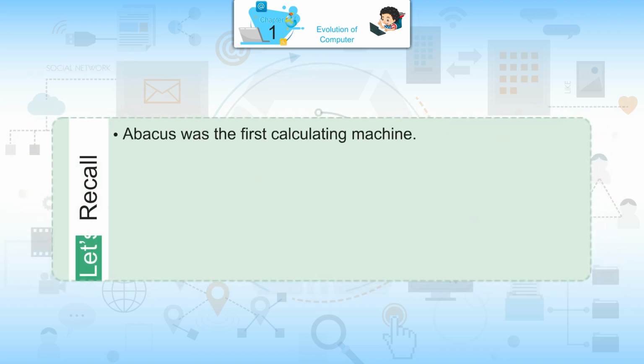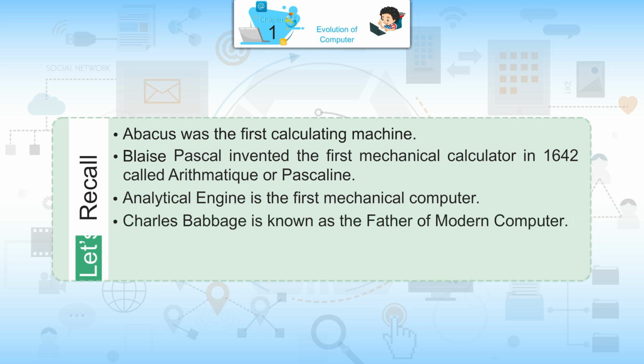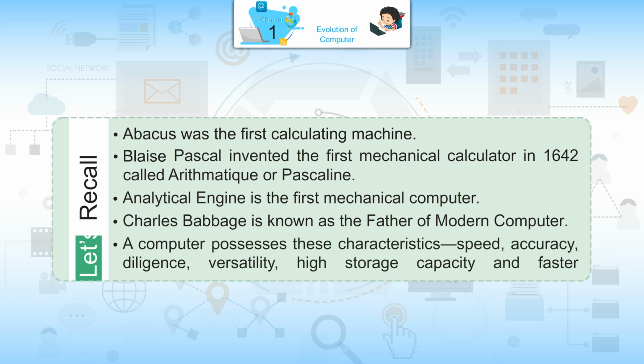Let's recall. Abacus was the first calculating machine. Blaise Pascal invented the first mechanical calculator in 1642, called arithmetique or Pascaline. Analytical engine is the first mechanical computer. Charles Babbage is known as the father of the modern computer. A computer possesses these characteristics: speed, accuracy, diligence, versatility, high storage capacity, and